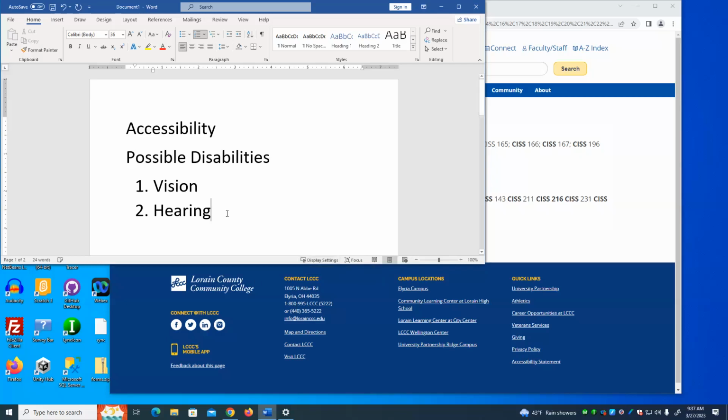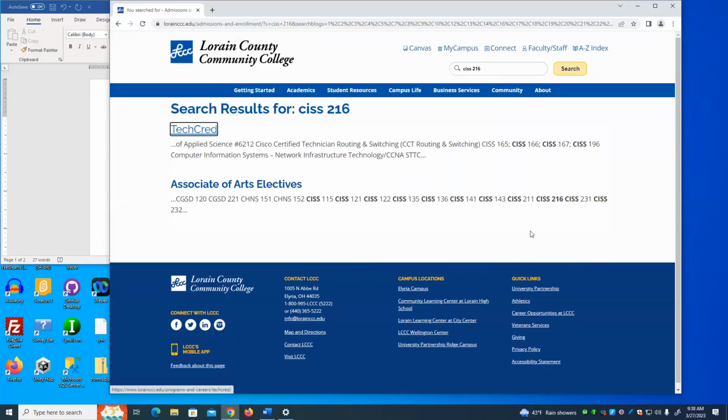Other disabilities, people that have motion control issues, motor control issues. There's a number of neurological conditions that keep people from being able to navigate a mouse, particularly on a web page. There's carpal tunnel, which makes it difficult and painful for people to access content on a web page. One thing you can do to help those is make the content of your page accessible via